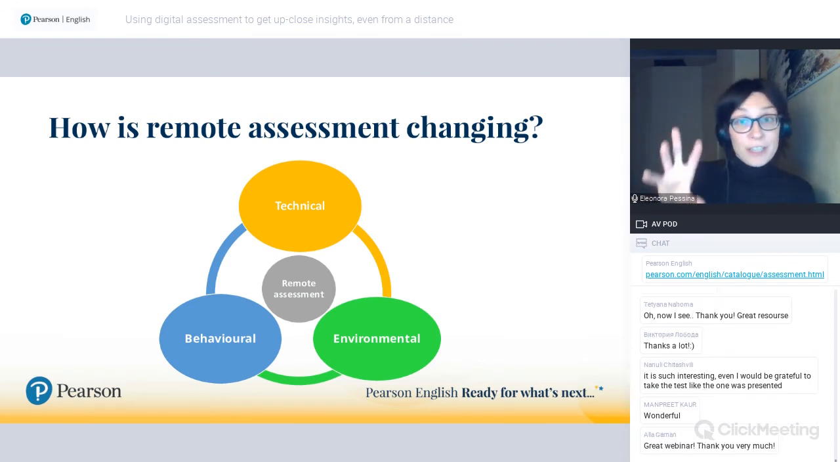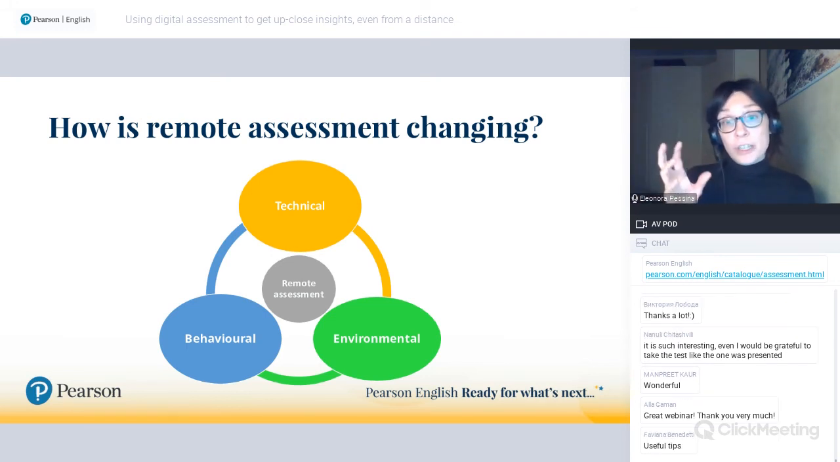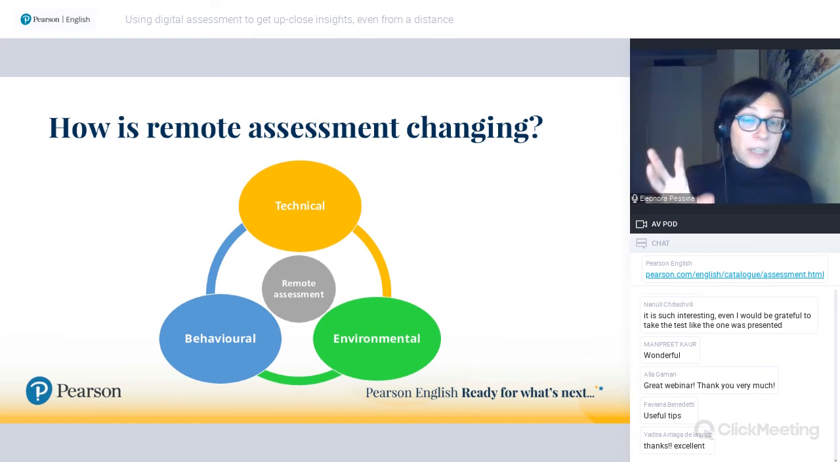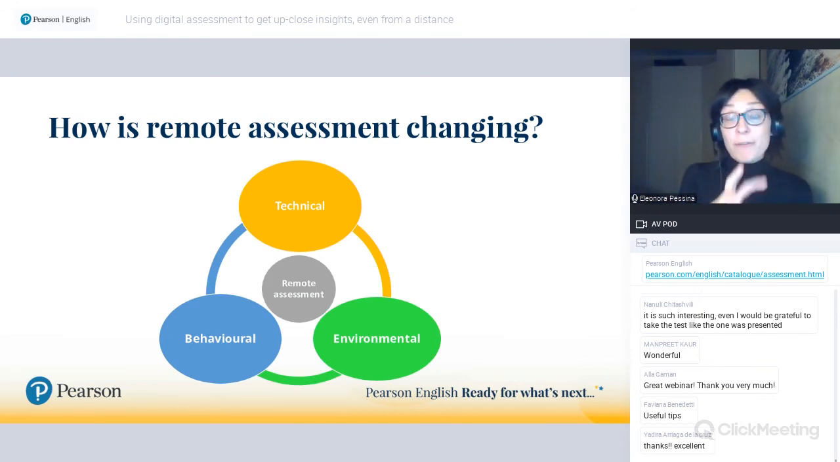And I'm using this framework of thinking about what is changing from a behavioral point of view. So, what is changing in the way that students are behaving, what is changing from an environmental point of view. So this has to do with the context and the scenario that students are in. And then I want to also throw in consideration about technical requirements. And let me tell you that these three angles are also the same framework I would use if I were to give you advice on digital assessment in general,